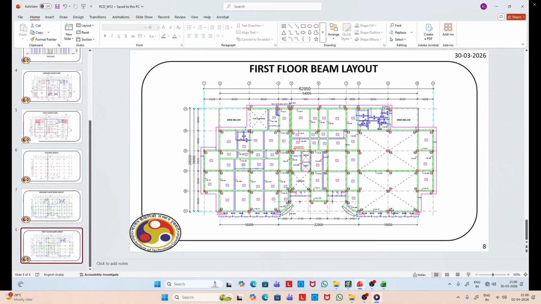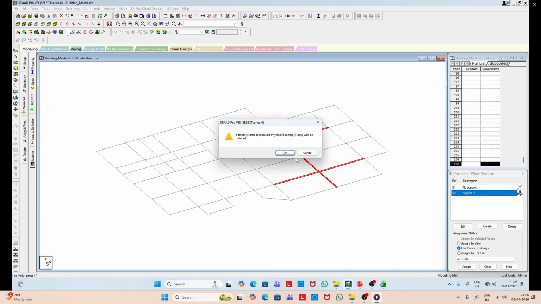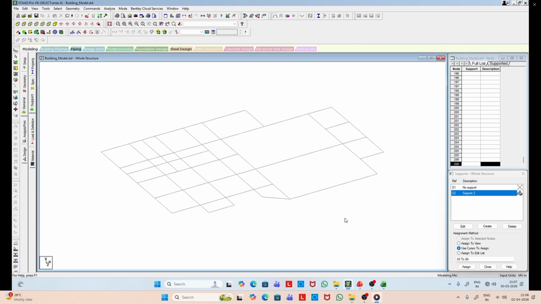So you can see they have double height. So these beams are not there. So we now delete these beams. So that will create the space for the slab as per the structural drawing.